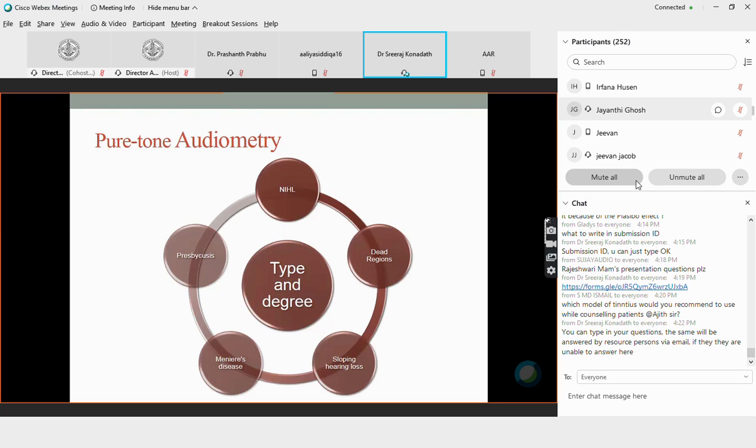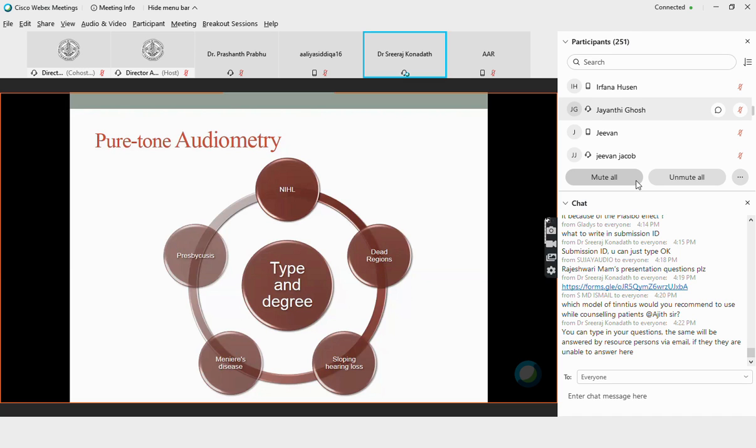Here, when we assess, we have to also take these factors into account. You do a pure tone audiometry and you'll get type and degree, but along with that, you have to look for symptoms of NIHL, where there is a Fowler notch. You have to see if dead regions are present, so you can do a TEN test if required. You can look for sloping hearing loss. Generally, individuals with tinnitus will have some form of hearing loss. Even if their thresholds are normal up to 8000 hertz, there will be some hidden hearing loss seen in them. So sloping hearing loss, up to 8000 hertz or even beyond, is an indication of the reason for generation of tinnitus.